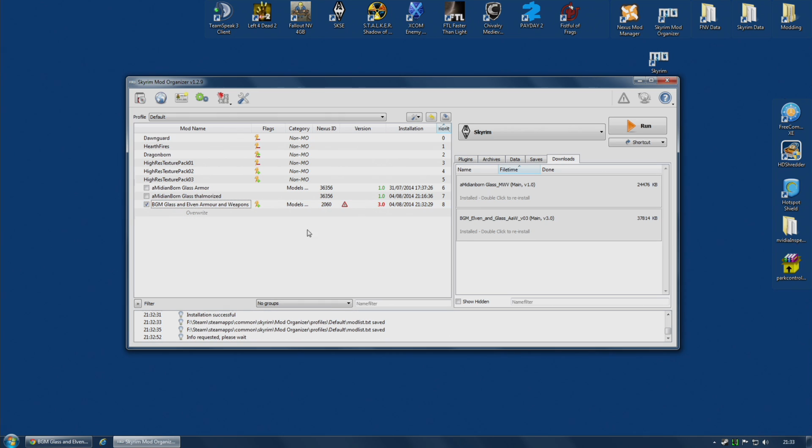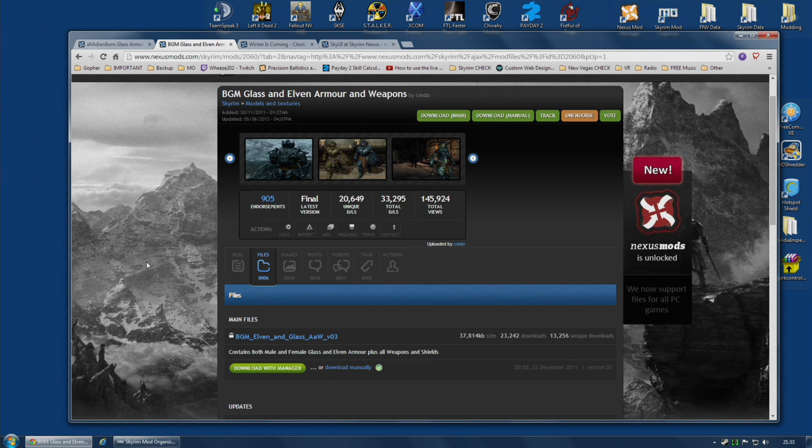Now, you may actually be wondering what this icon is. Basically, it's telling me that the version I have installed here is actually newer than the one on Nexus. So basically the newest version, according to Nexus, is actually older than this one. This is version 3.0, and that is simply a mistake in the way the mod author has versioned his file. He's actually called this version 3, but whatever he's done on the settings page, he set the latest version